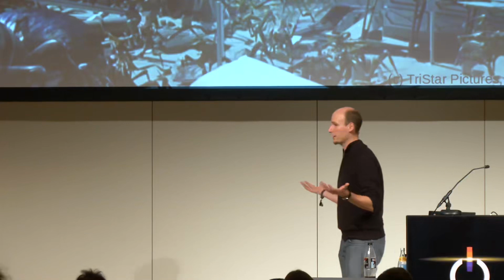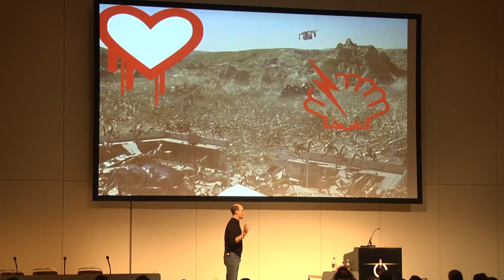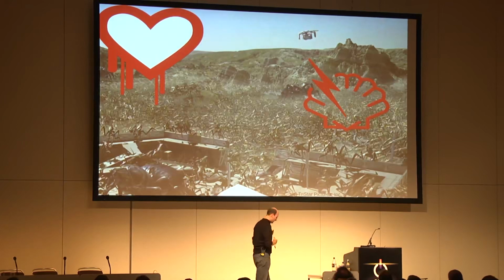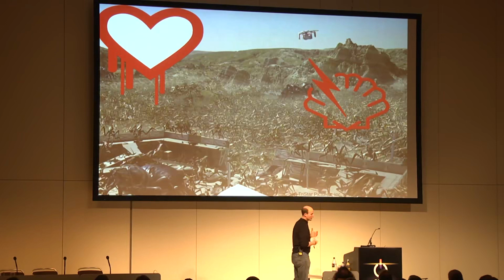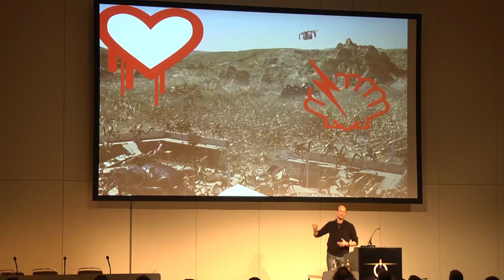Some of these vulnerabilities sleep and slumber in the software for many, many years, and suddenly they are found and can be exploited on a very wide scale. I argue that we have to come up with a proactive defense mechanism that protects us against these kinds of vulnerabilities. So let me take a step back and explain what memory safety is all about